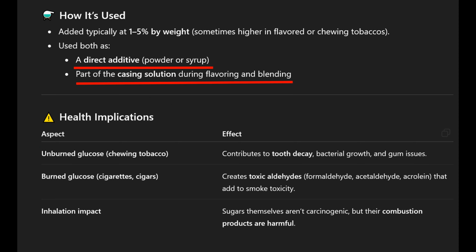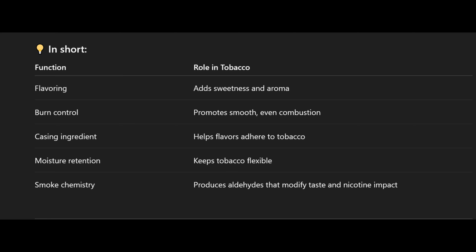Going further with the glucose, it is used both as a direct additive, powder or syrup, and part of the casing solution during flavoring and blending. Here we are talking about mostly flavored tobaccos. Okay, in short, its function, its role in tobacco. Okay, pause this video if you're interested, read, and then